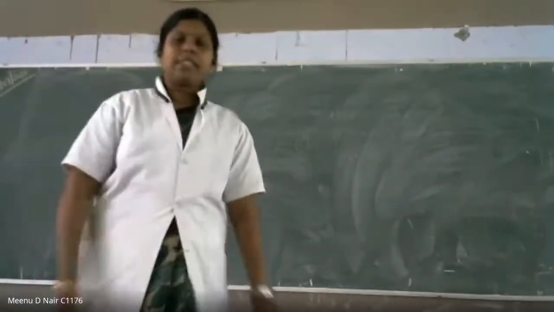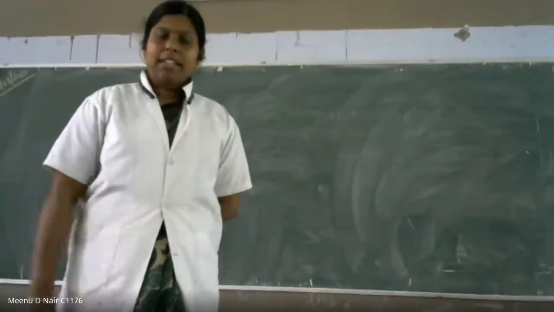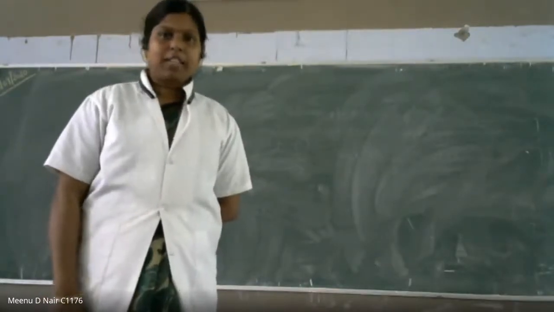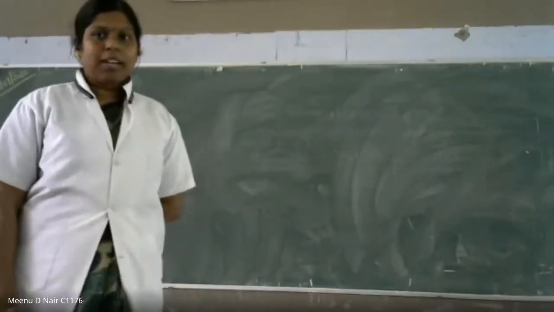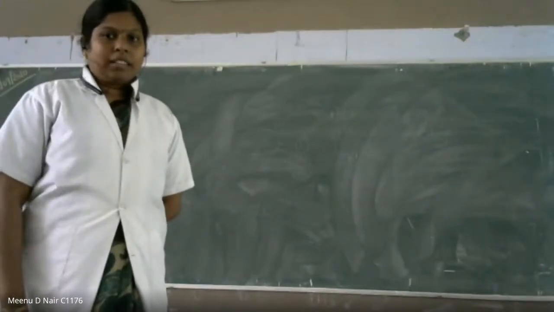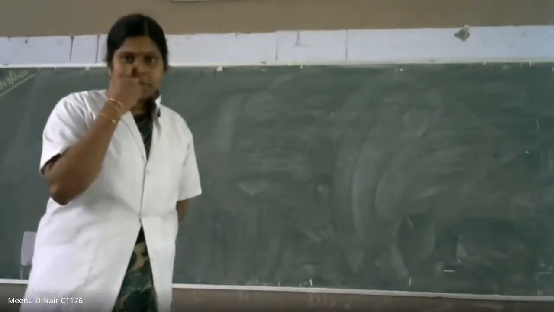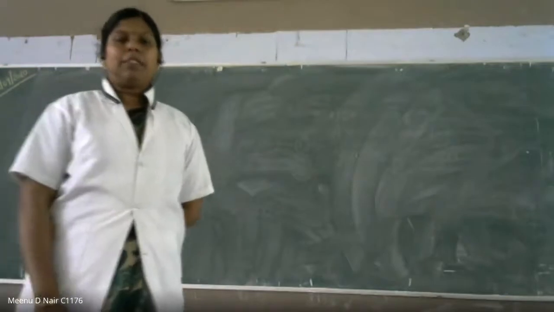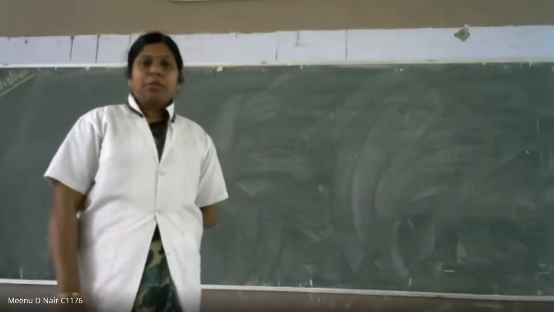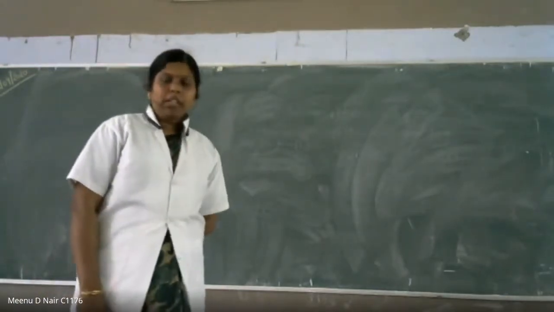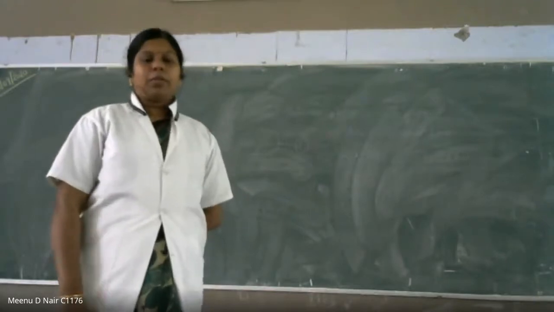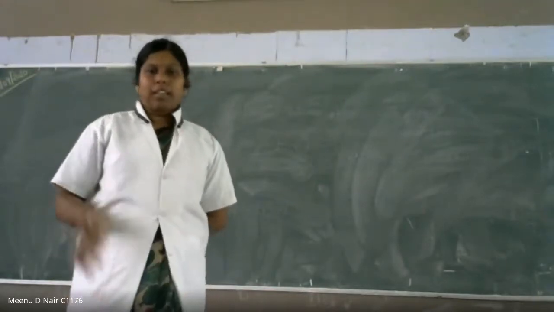So, today, before that, the recap of the last class. What we have seen in the last class, we have seen the different types of flip-flops, right? What are the different flip-flops you had? SR flip-flop, D flip-flop, JK flip-flop, and T flip-flop, right? So you remember the truth table. You have to remember that because from that only you can do all other things.